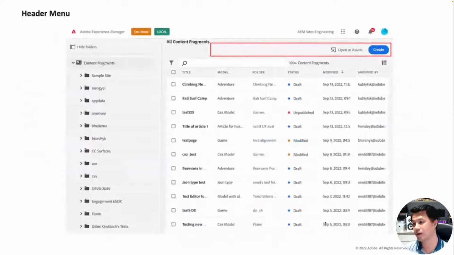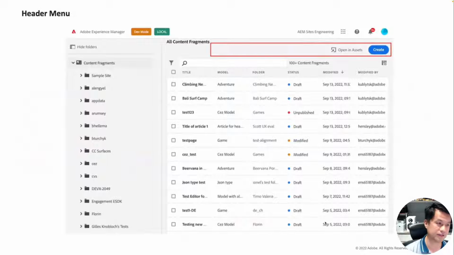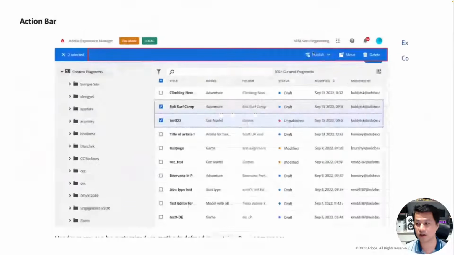Before I go into my demo, I want you to remember there are two extension points we currently allow in the Content Fragment Admin UI. First, we call it the header menu. Here you can do a bit of UI extension, with your own links or functions. The second one is the action bar, where, when you have already selected a content fragment, you can also customize some of the links. Keep that in mind. I'm going to jump to my demo and show you how easily you can create extensions in this multi-tenant UI. Let's do it. I'm excited.